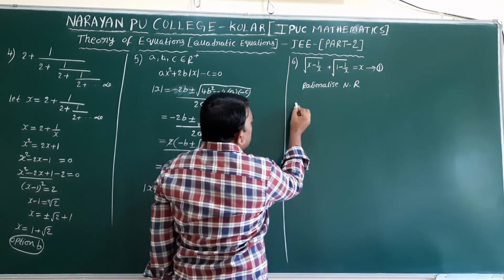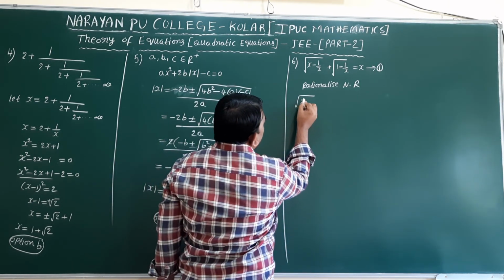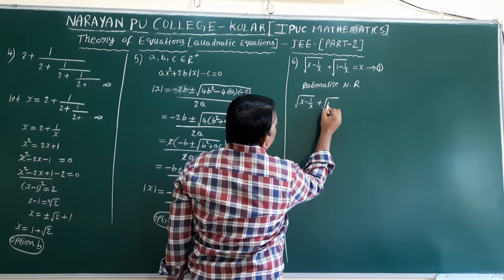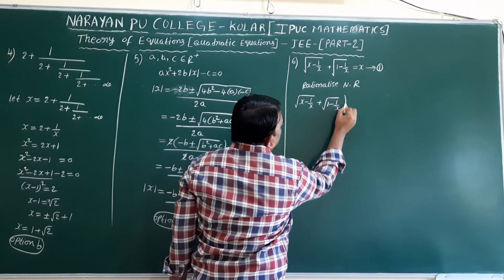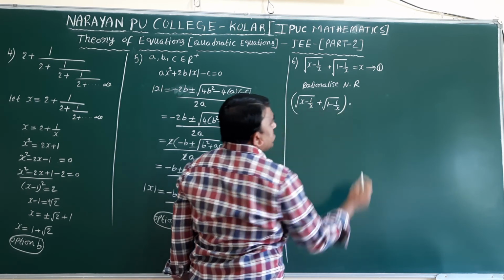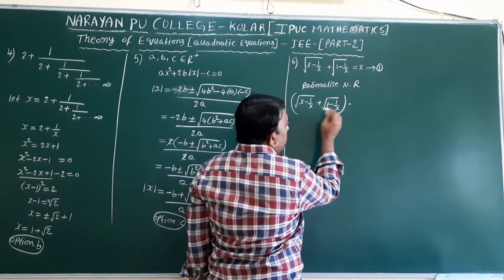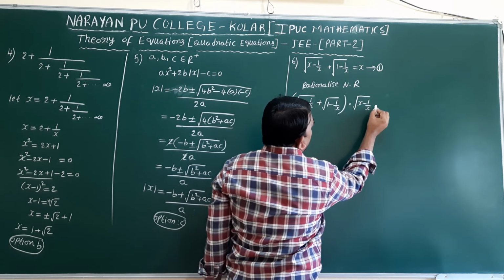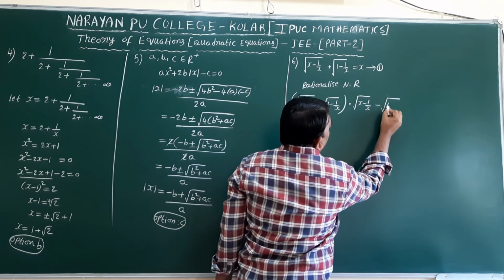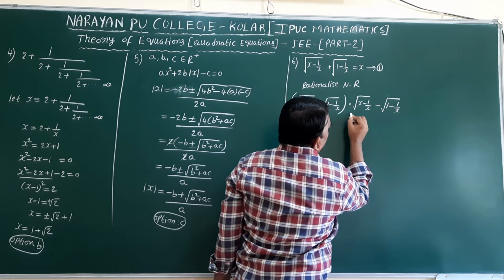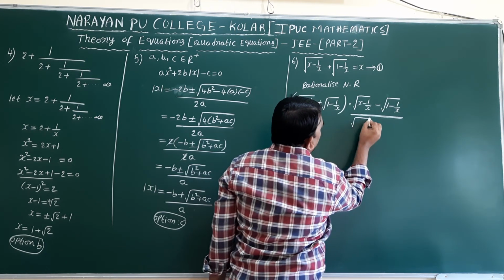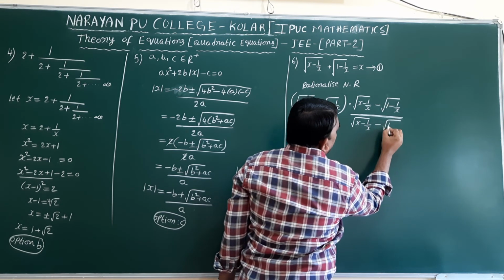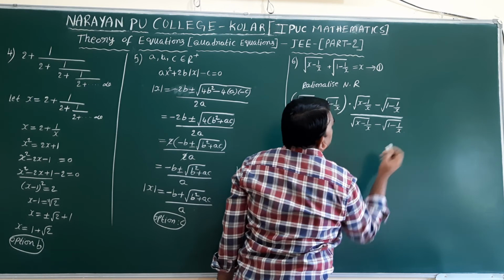So root over x minus 1 by x plus root over 1 minus 1 by x, into, with the opposite sign, root over x minus 1 by x minus root over 1 minus 1 by x, whole divided by root over x minus 1 by x minus root over 1 minus 1 by x